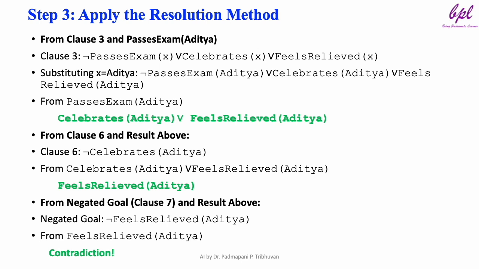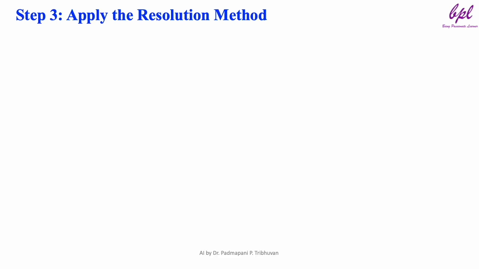Since we derived a contradiction, we can conclude that the negated goal, Aditya not feels relieved, is false, and therefore our original goal is true, which is Aditya feels relieved. This completes our proof by using the resolution method. By systematically applying resolution, we derived a contradiction, confirming that Aditya feels relieved. Now for better understanding,